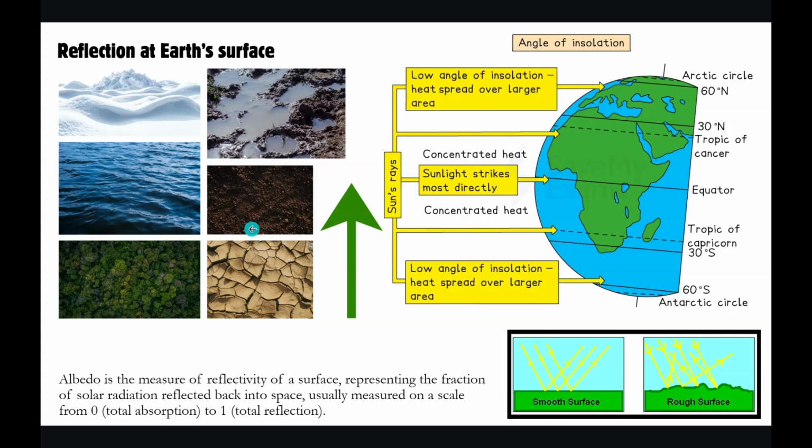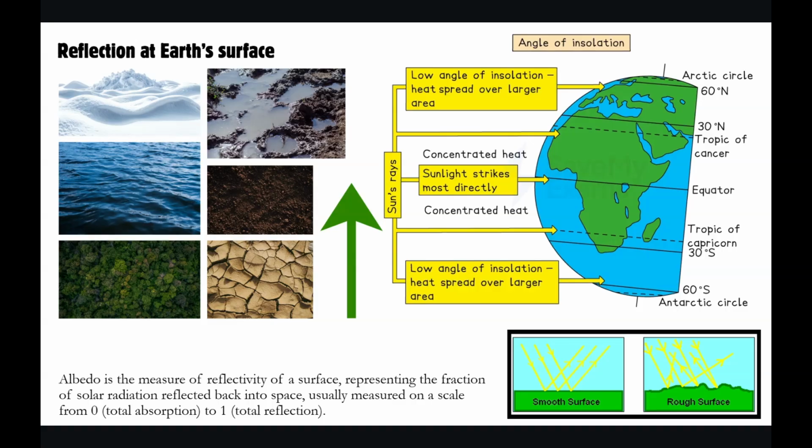Only when it is below saturation point and above wilting point, what is wilting point of soil? It is the minimum moisture content that is stored by the soil. Beyond that, moisture cannot be removed from that soil. So above wilting point and below saturation point, you see a decrease in albedo, and as it reaches saturation point, you will again start seeing that the reflectance increases because the surface becomes planar or smooth. Okay, this is in case of stagnant water.